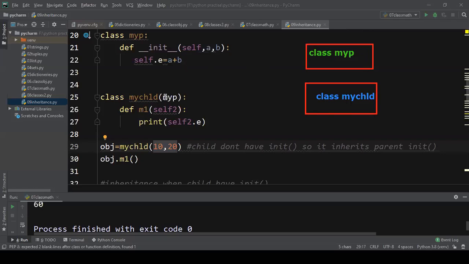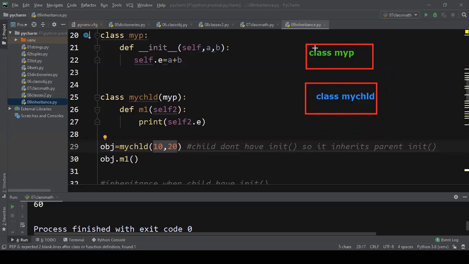And what I'm doing here? Since I have given myp in brackets, when I say myp, this entire functionality of myp also comes under my child.